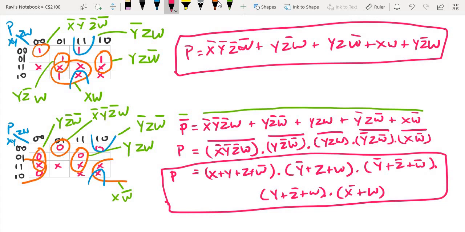Okay, no issues. I'm just showing you a systematic approach to solve these questions. Now another important thing that this question is asking is for us to analyze the relationship between the SOP and POS over here. Now if I were to look at SOP and POS,